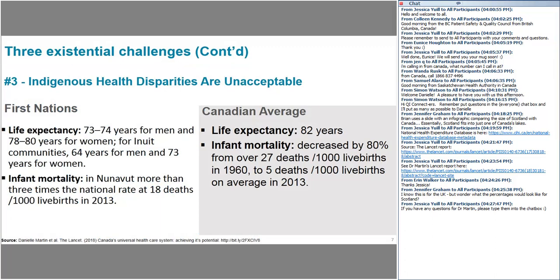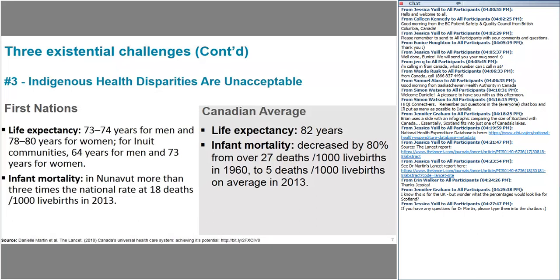The third existential challenge I want to speak about is the unacceptable health disparities that exist for our Indigenous peoples in this country. Canada is a country that has very high rates of immigration and is the product of the conglomeration, if you will, of British colonies in the 1800s. But there are people who have inhabited these lands for thousands of years, and Indigenous Canadians have suffered horrendous treatment at the hands of colonial Canadian governments for many generations,